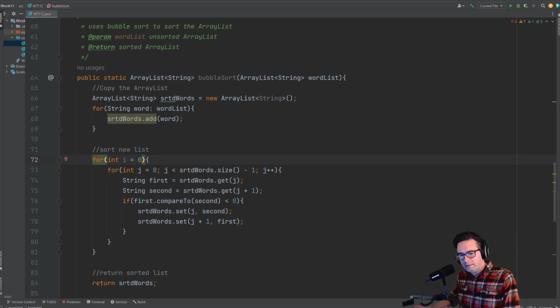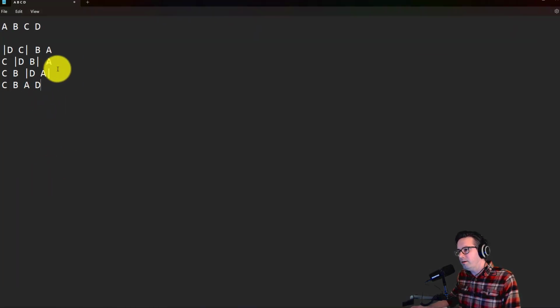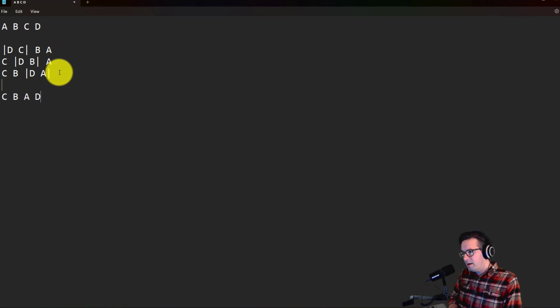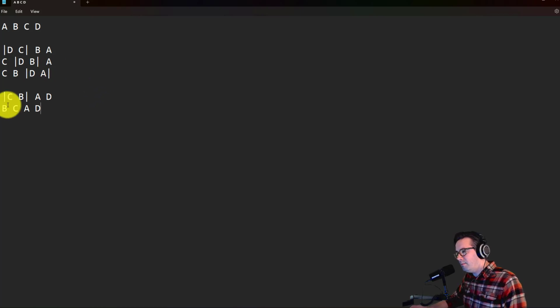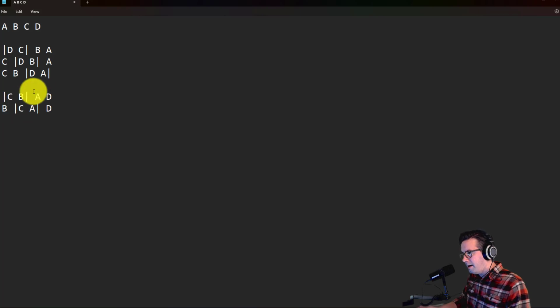And so let's see how this goes. So we did one iteration here. I'll keep track of the iterations by having a space in between. So now we start over and we do C and B. Well, B comes before C, so we're going to switch those around. So it's going to be B, C, A, and D. And then we move on to the next pair, which is C and A. A comes before C, and then we do B, A, C, D. And so we compare those last two,